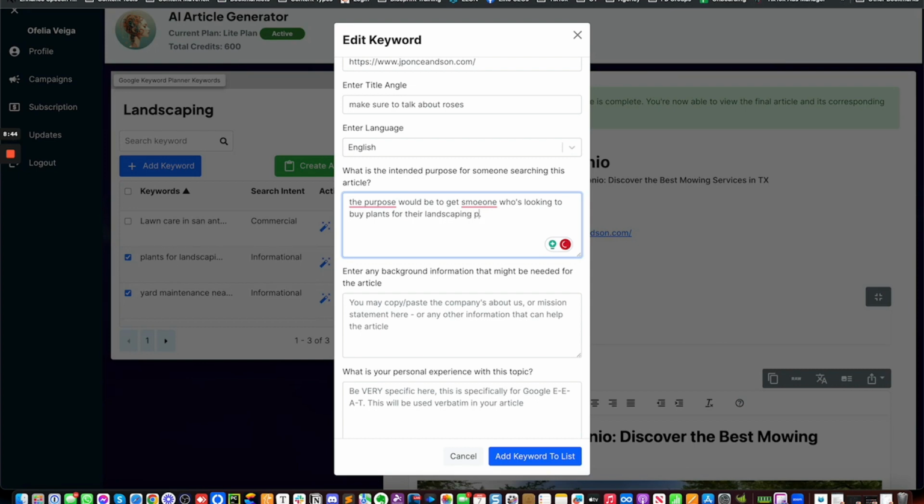Landscaping, can't even spell. All right. So again, this information here is going to be used to personalize and mold Chadix into being able to write content based on the intent and purpose that you want your article to serve. This really allows